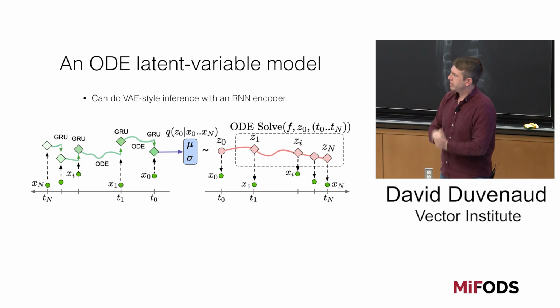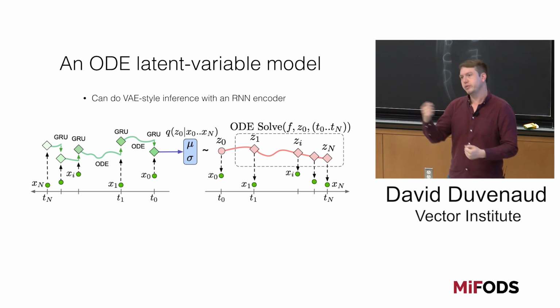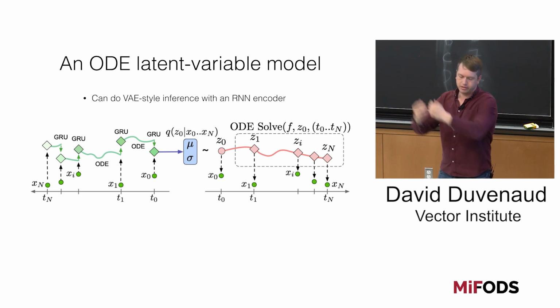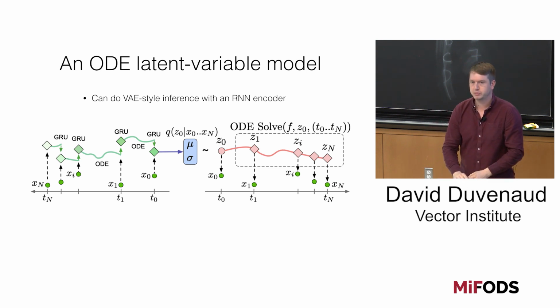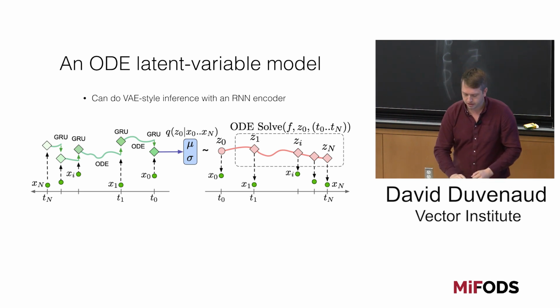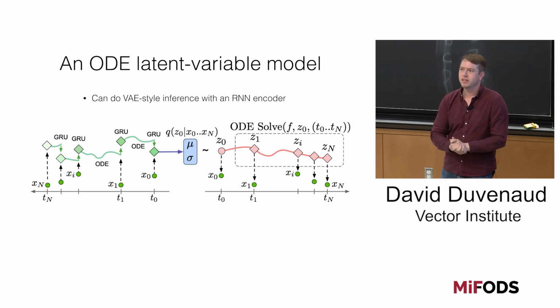But when we're training, the training loop looks like: take a data set, encode it, do importance sampling from this proposal distribution, compute some lower bound on the marginal likelihood, and then take gradients through all of that to maximize the likelihood of our data according to our parameters.